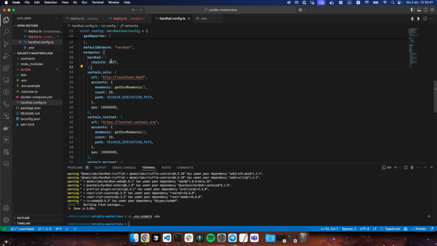And it's very useful, for example, when running tests, because it's very light, and running tests just takes a lot less time than, for example, interacting with VeChain Solo, which,